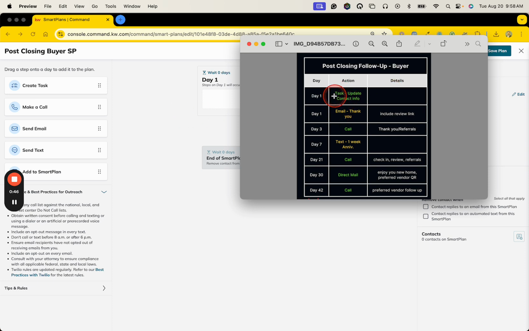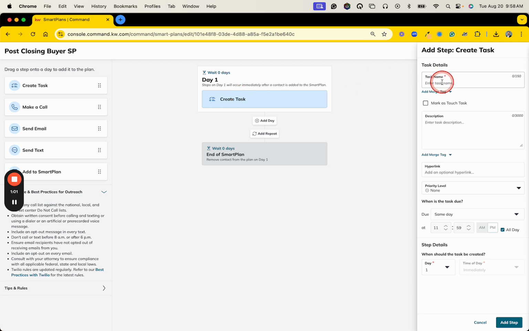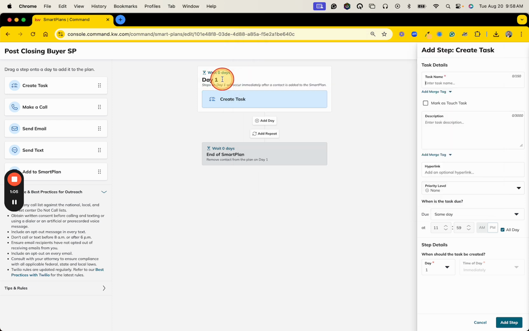And so we can see the first day one has a task to put in. So we're going to come back over here. We're going to find Create Task over on the left side and just click and drag that right into spot number one in day one. Then over to the right, we can see that this task is an update the contact info. So this is not a contact task. It's not a touch task here. And we're just going to name this update contact